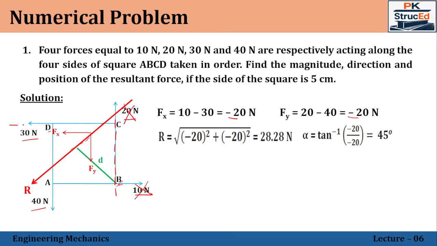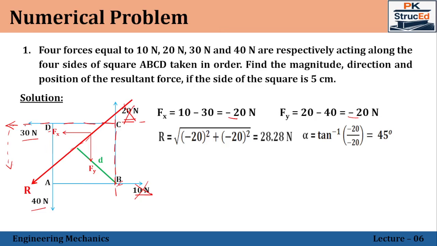So here the 30 Newton force is acting at D and its line of action is going in this way, which is not passing through the point B. So this 30 Newton force will create a moment about the point B. Taking B as a center and radius as this one, B to D, rotating that force, it tends to rotate in this direction. That is the anti-clockwise direction. So that will create an anti-clockwise moment. So that value will be